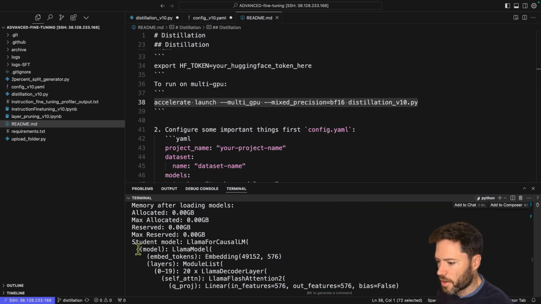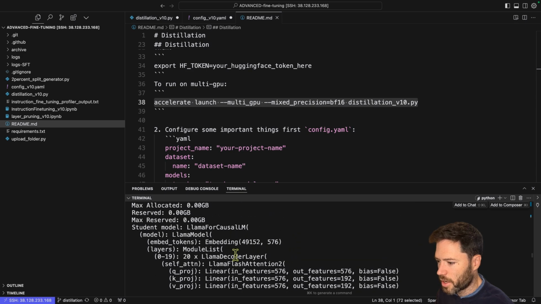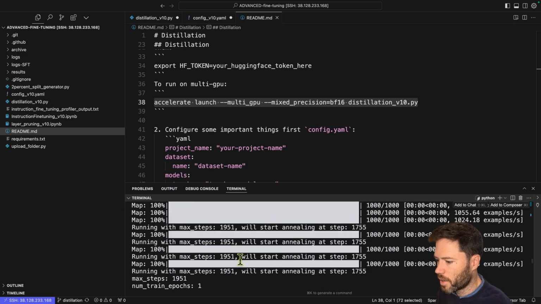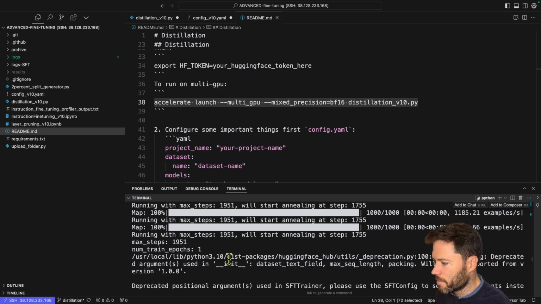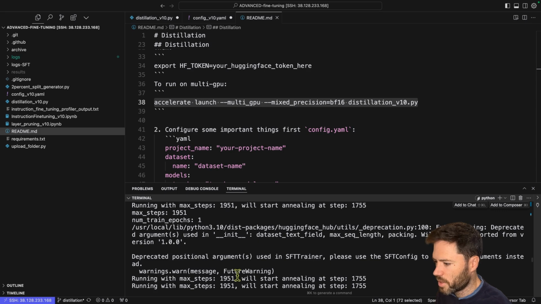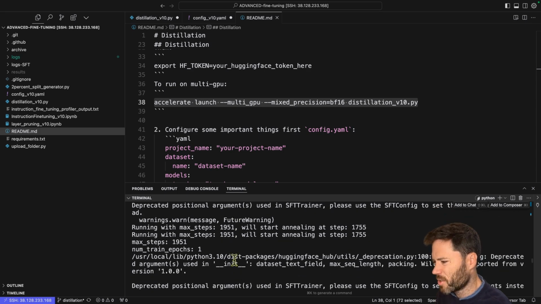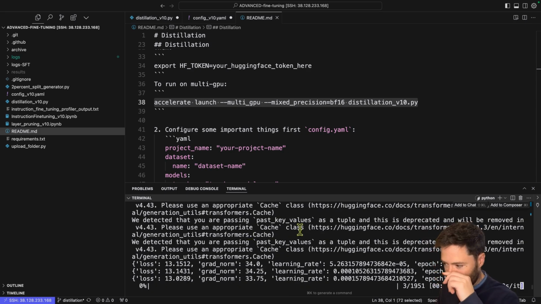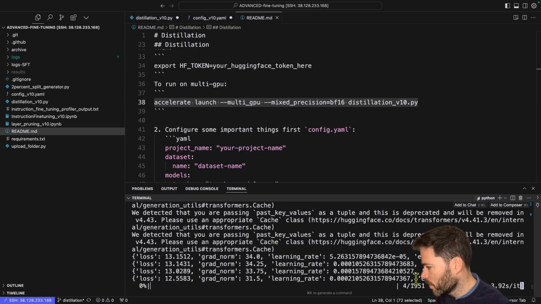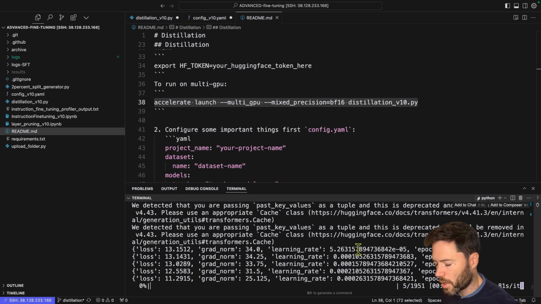Here you can see a printout of the student model, a printout of the teacher model here. And we're now moving on to the dataset mapping. So we're doing some mapping of the dataset. There are some deprecation warnings, and scrolling on down here, we're already up and running. So you can see this training would take about 2 hours if we run on 0.4% of the SmolLM corpus